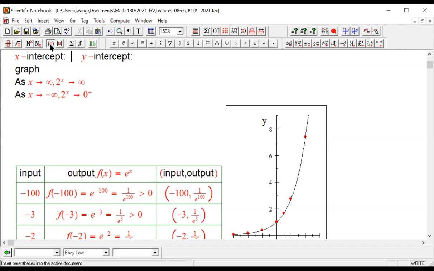So y would be 1, and for x, it would not be a thing. X-intercept: none. Wonderful. Y-intercept? Great job. Okay, so next I'm going to summarize with you for 2 to the power x and